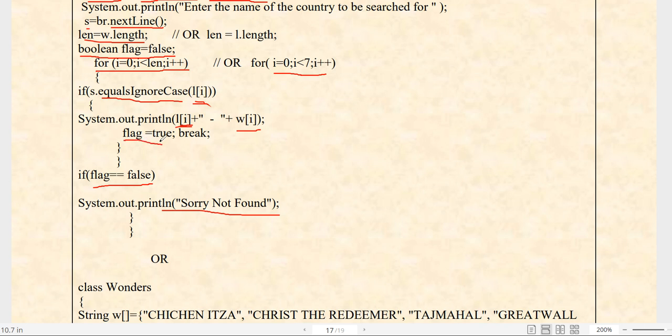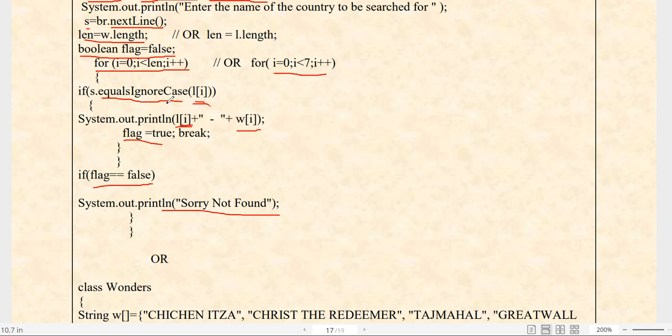So if you are able to find the element from the given array, then the flag has value true. But if the flag has value false, it means the element has not been found. It is not existing in the given array, so the flag will remain false.